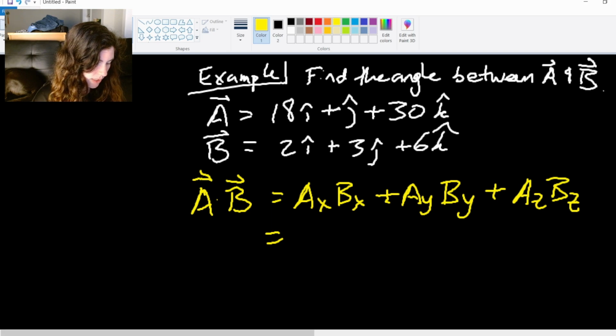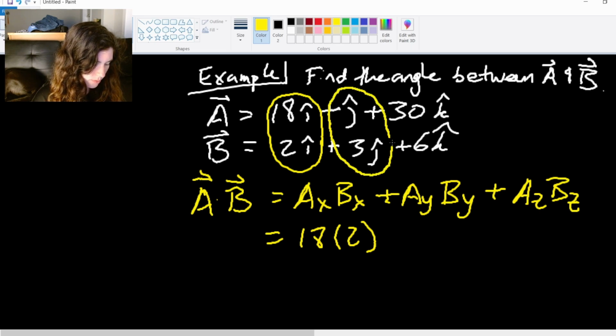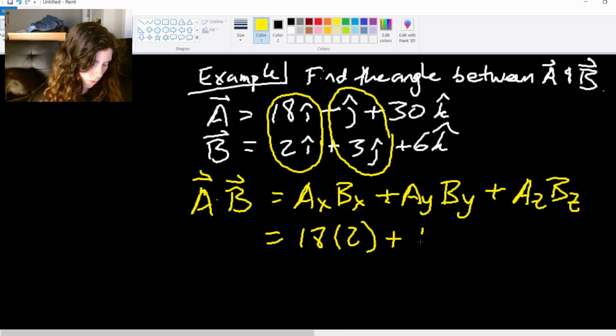So our AX BX, we're just multiplying these 2 terms together, 18 times 2. Multiplying our Y terms together. Notice we've only been given J hat here with no number in front of it. That means it is just one single J hat. If there's no number written in front of it, it's implied that it's a 1. So that will be 1 times 3